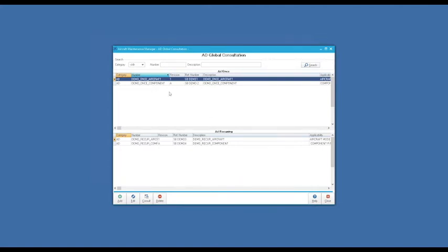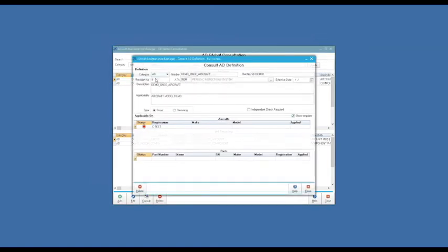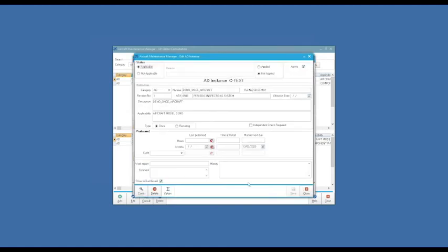If I show you, the first one here, the name is demo once aircraft. You see that I have the registration here. And if I double click on it, I have access to the update window where I can do a last perform. You see here that I have some new status, applicable, not applicable.